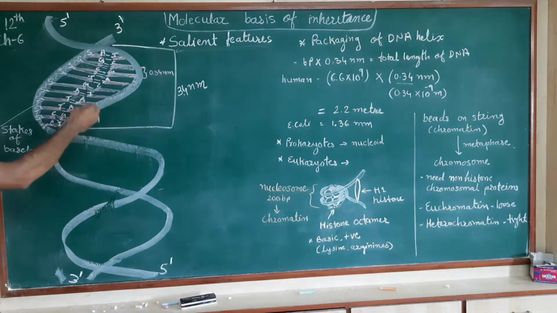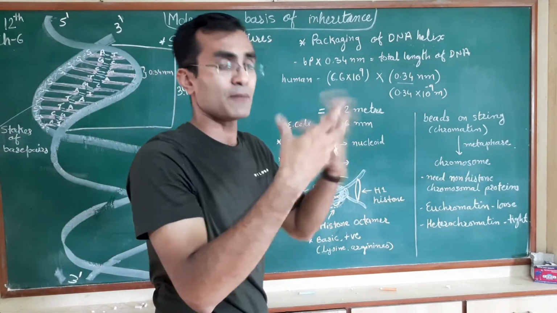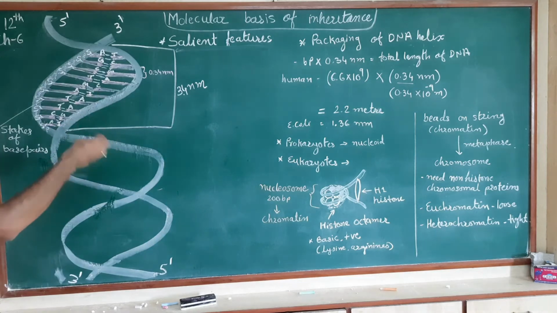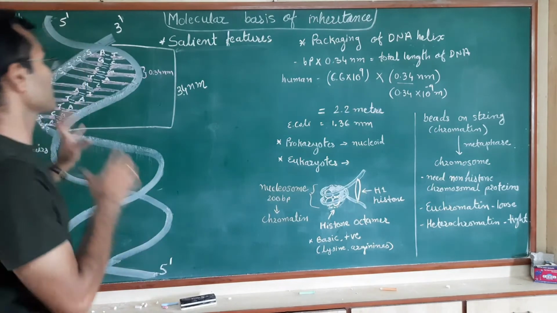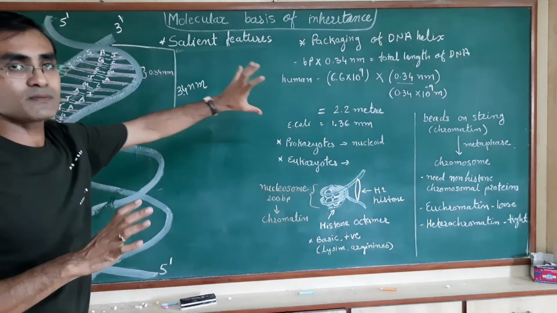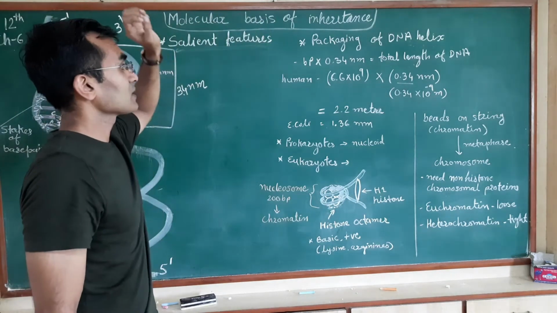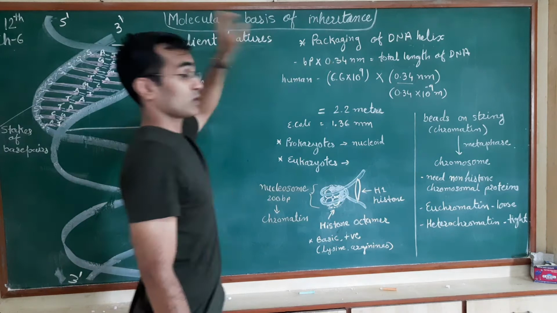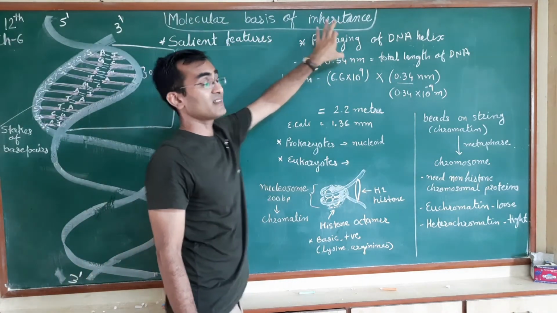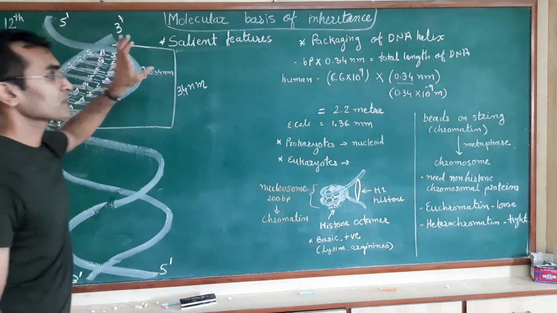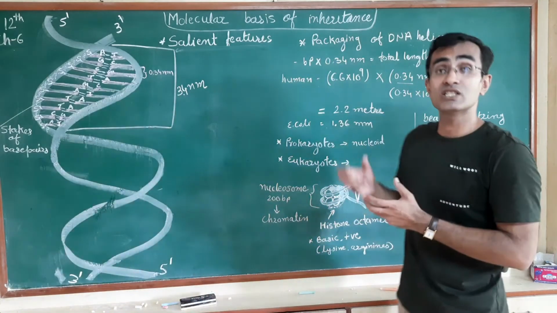How? If we know the number of nitrogenous base pairs present in a particular organism, say for example 200, then if you multiply that by 0.34, that will give the total length for that organism. In your book, you need to remember only a few organisms, because those are the examples given in your book. So what will be the total length of the DNA? The total number of base pairs present in the genome, multiplied by 0.34 nanometer, which is the distance between two base pairs.